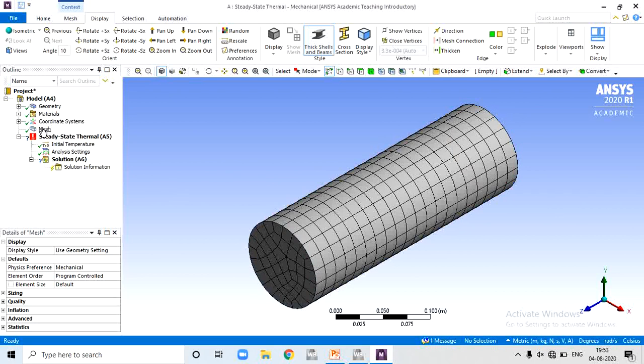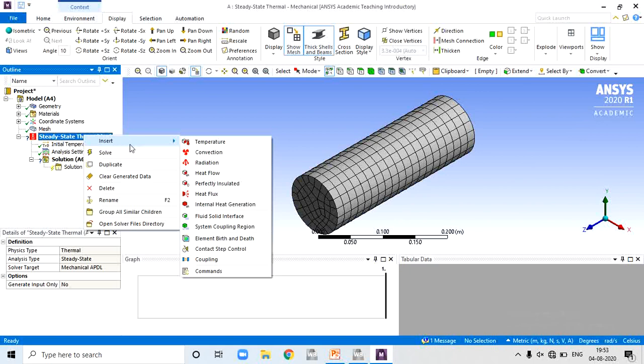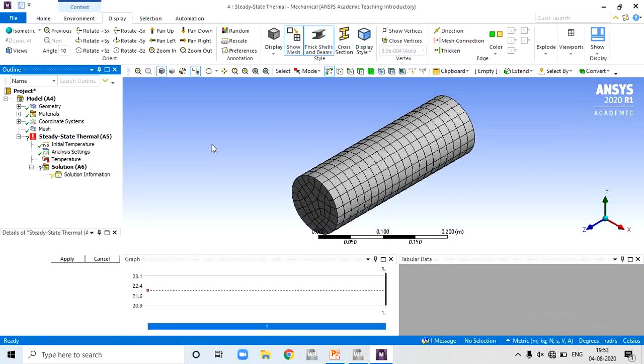Okay. Then simply go to steady state thermal, and define the initial temperature as 22 degrees centigrade. Then after that, analysis settings. We require some input for analysis purposes. Just right click on steady state, then insert what you want to insert: temperature.